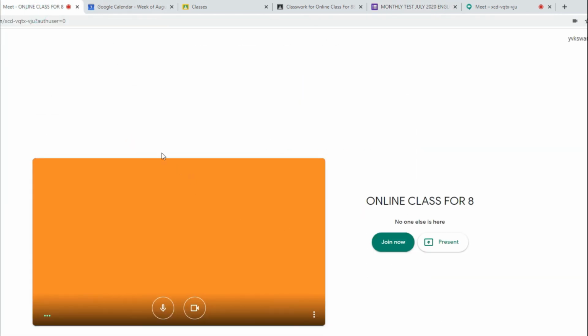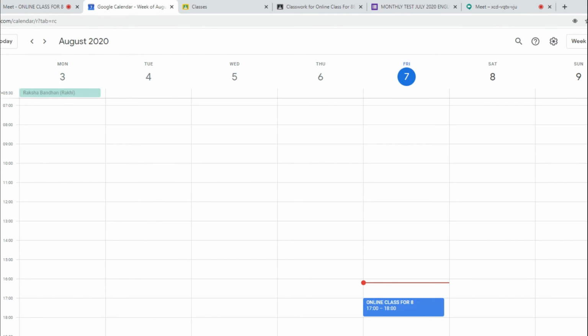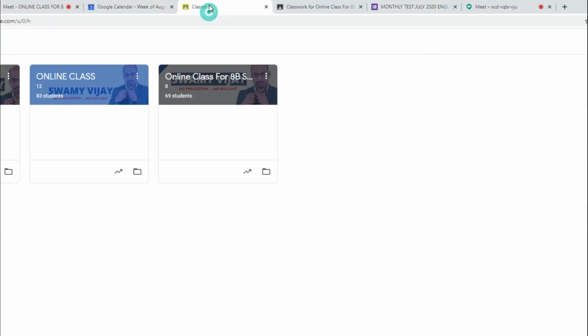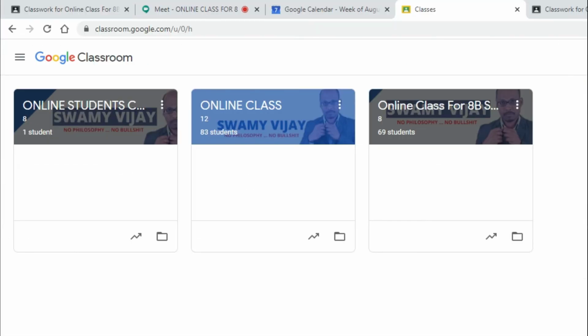So this is the method you have to follow to link your Google Classroom with Google Meet to conduct online classes, and to link your Google Drive or Google Forms to take online examinations in one platform, and that is Google Classroom. So this is one of the best methods to take online classes and to conduct online examination using a single platform, Google Classroom, without purchasing G Suite.